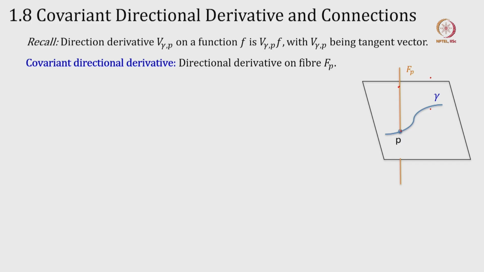Now we want to do calculus on a bundle, right. We did the calculus on the manifold, now we have to do the calculus on the bundle, and that is where the term covariant comes from. Covariant means we want to do calculus on a bundle,